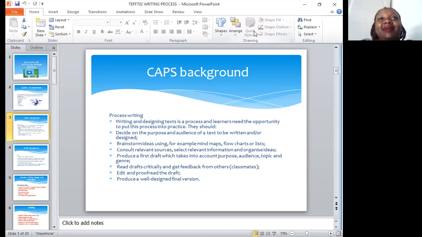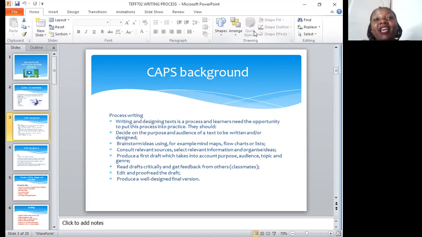They should consult relevant sources where they will be able to select relevant information and organize ideas. They should produce a first draft which takes into account purpose, audience,